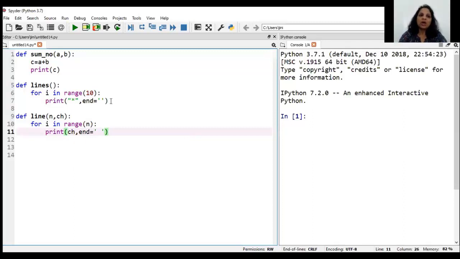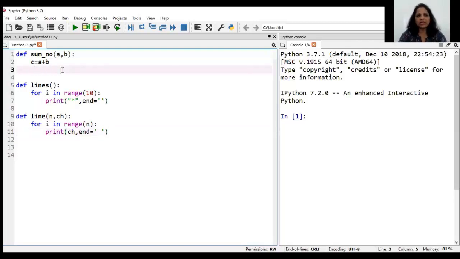Now in all these examples, there is no return statement. I'm not returning anything from any of these examples, whether it is the sum function, the lines function, or the line function. Now let me make a slight change, because all of them happen to be functions that do not return an answer.